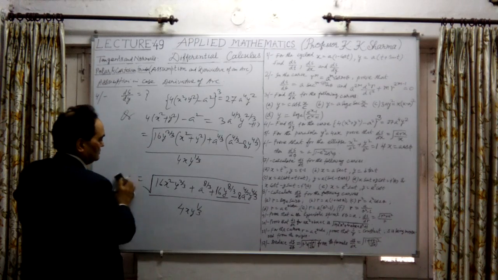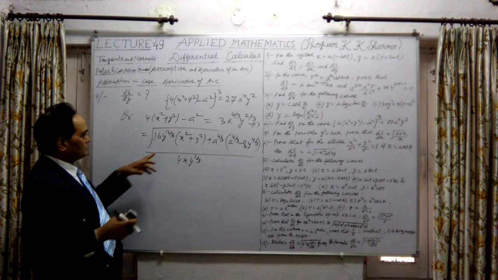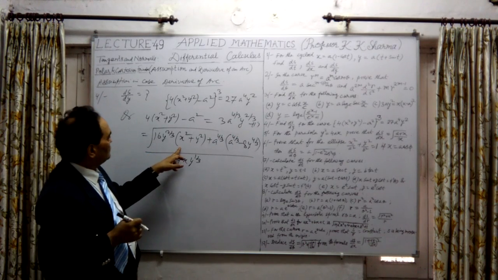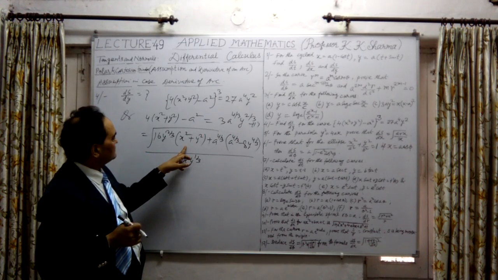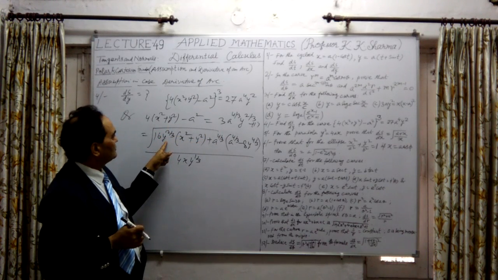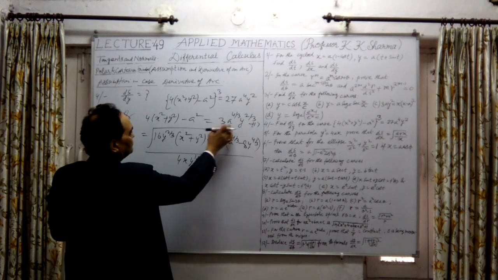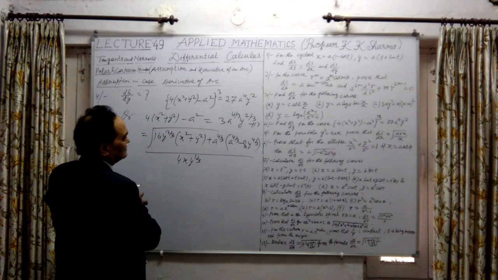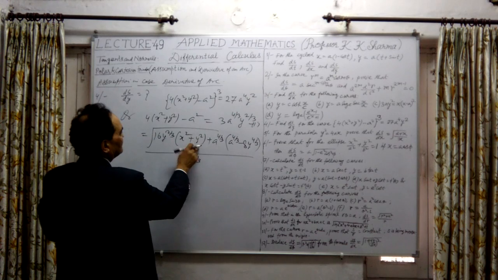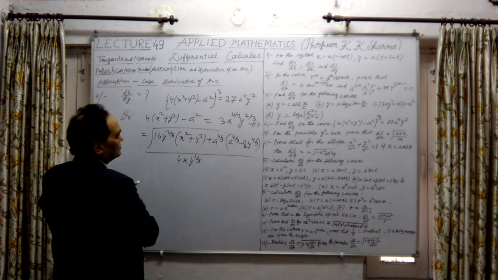Okay, so let me further substitute the value. What value to substitute? Either substitute the value of x, this one, or the value of y raised power 2 by 3. Where y raised power 2 by 3 means this whole upon this value. That can give us, okay, if I substitute the value of x square plus y square, this value, that can give us that value. Okay, so let me resolve it further. So if I substitute,